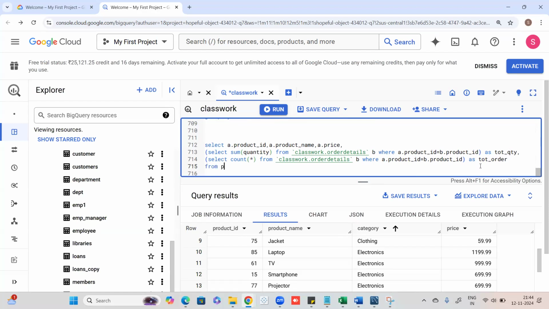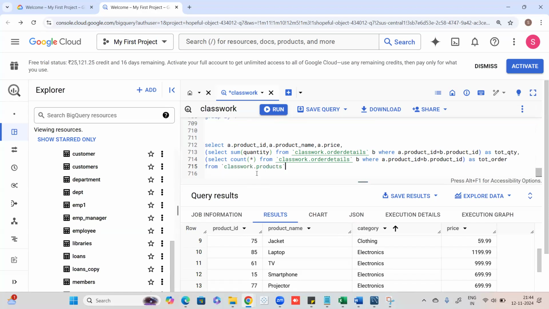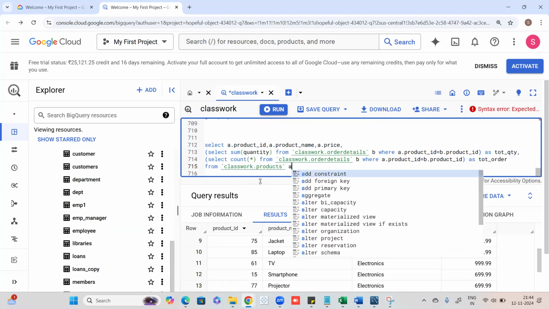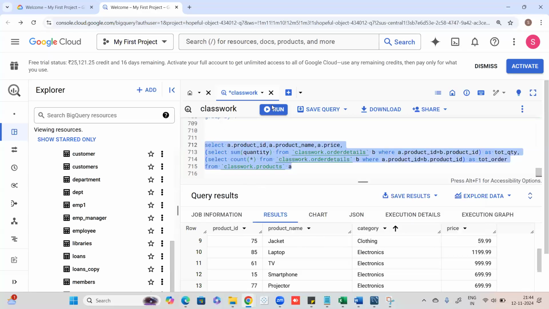And then in the outer query, I have to refer to the products table because these fields are coming from the products table. Products, and the alias that I'm using is A for it. See, from the products table, I'm pulling these fields and the alias is A. So now if I go and run this query,